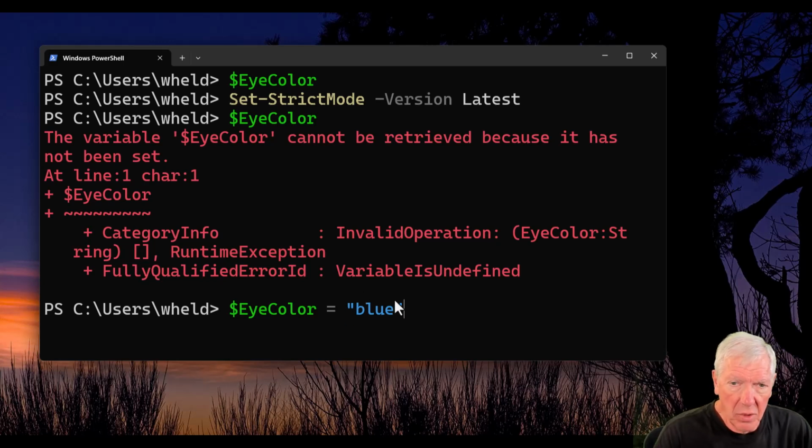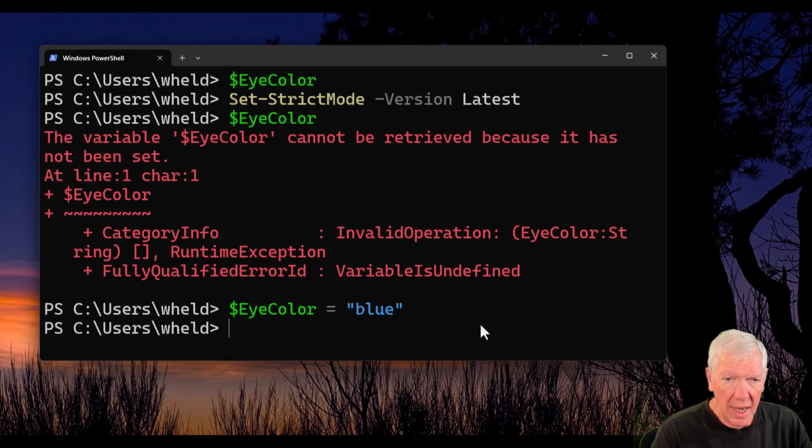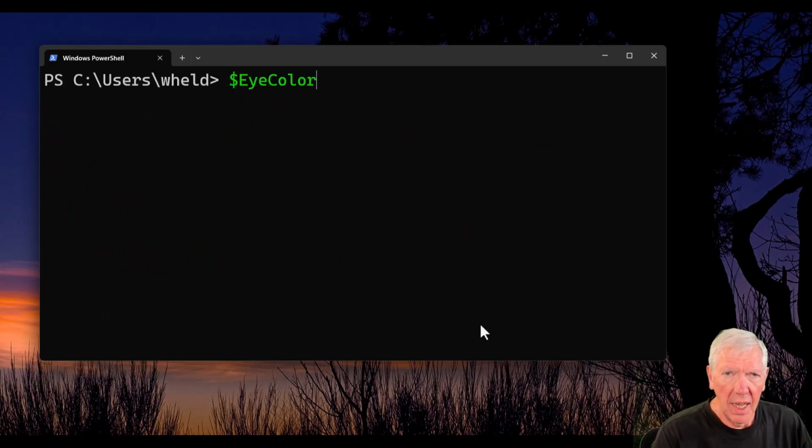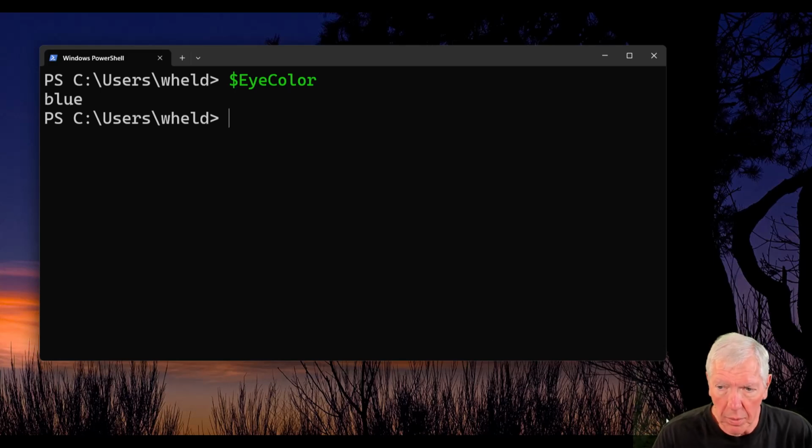And what this is doing is setting eye color to a string value. And I hit enter. Now if I clear the screen and up arrow and tell it to display eye color to me, now it shows blue. Now I should point out that this data is not going to change unless a script or something deliberately changes it. So the computer knows the location of the variable, and it knows that there's a string in there